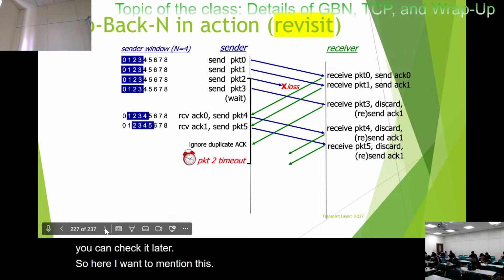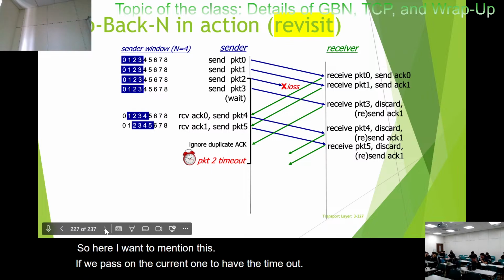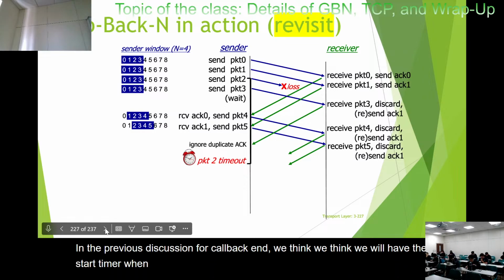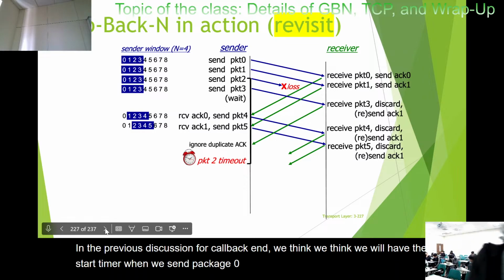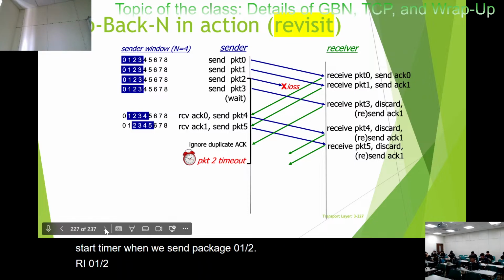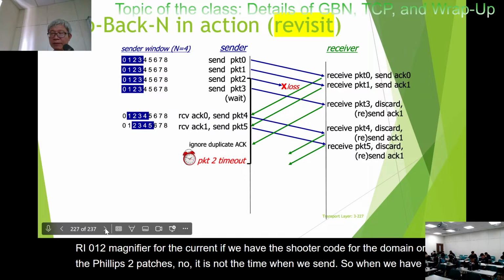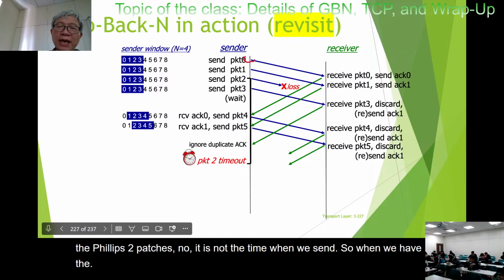If we base on the current one to have the timeout, in the previous discussion for mobile N, we think we will have the start timer when we send packet 0, 1, 2. But in fact, for the current, if we have the pseudocode for the mobile N for the previous 2 pages, no, it is not the time when we send. So when we have the timer, actually if we have a start timer